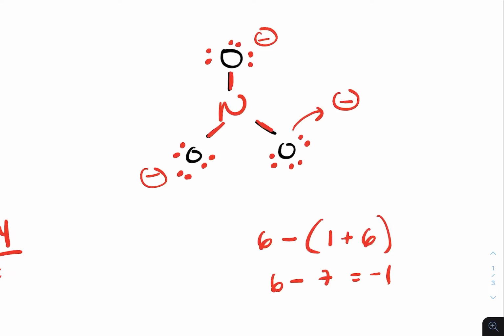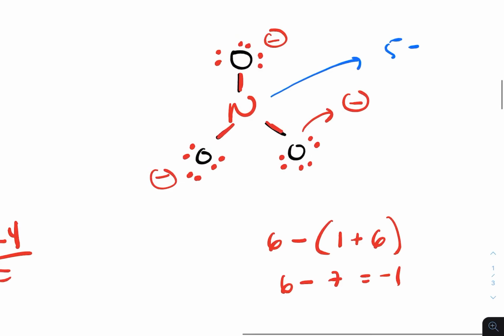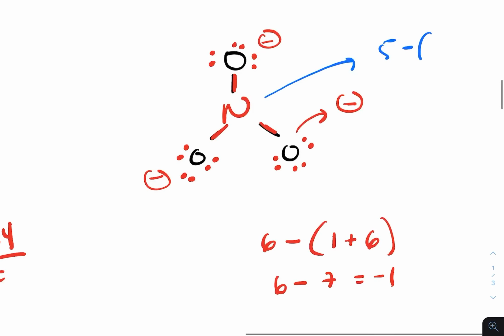The nitrogen in the middle would have 5 minus 3 bonds plus 0 dots. So it's 5 minus 3, that will be plus 2. And when you add all of them up,